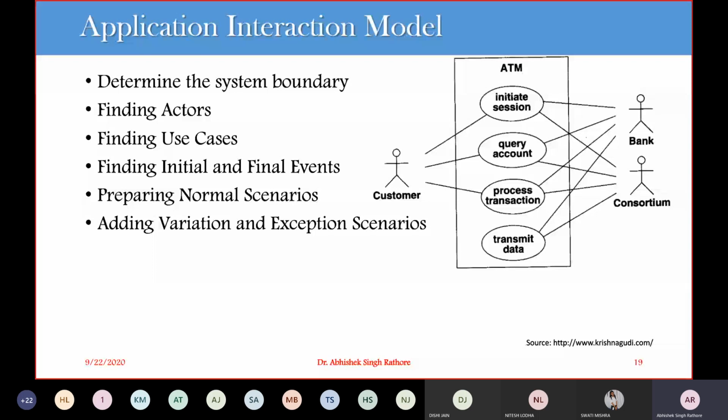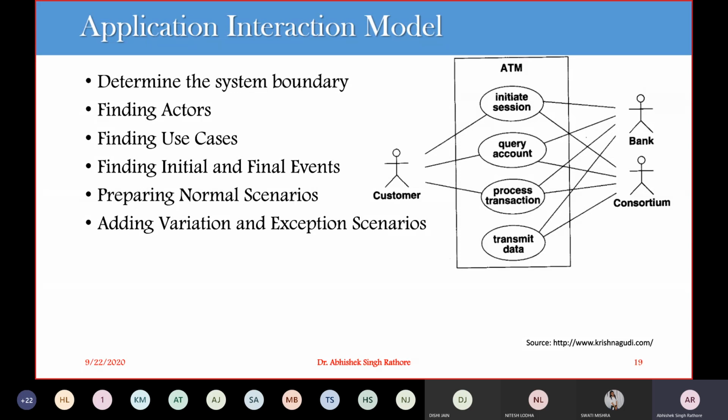So we can add our human in the system if they are part of the system, and if we are driving our system, then we have to allow human error in our system. And how can we adjust all those errors in our system? First, we have to determine our system boundary. Then the second thing is finding our actors. Once we have identified the system boundary, we must identify the external objects that interact directly with the system. These objects that interact directly with our system are usually the actors of the system.